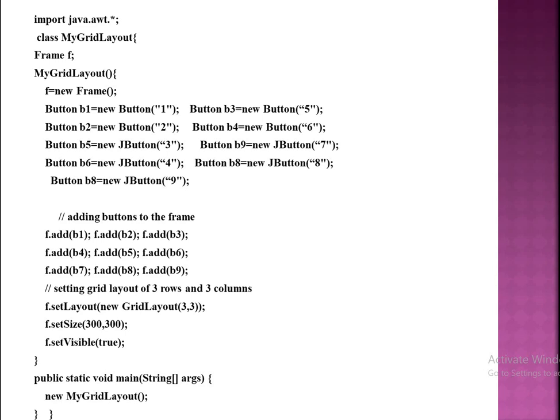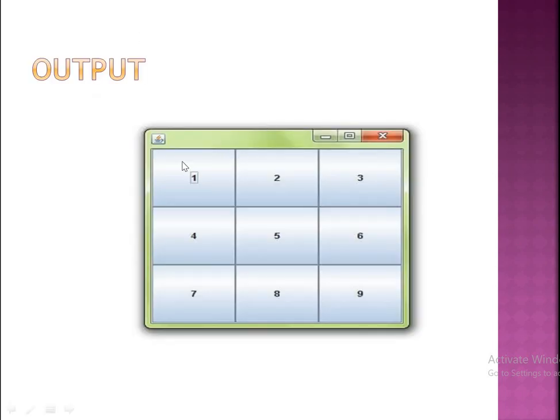Now let's see how those 9 components look in the GridLayout. So this is one grid. So we are making 3 by 3. So 1, 2, 3, 4, 5, 6, 7, 8, 9. So 3 rows and 3 columns make 9 grids, and in each grid we place a component. So here there is no gap between these components.